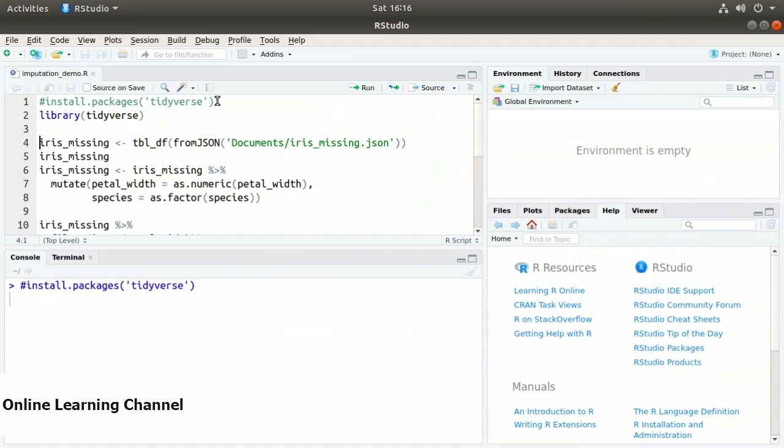to this video. Now in line 4, I create a dataset, a data frame called iris_missing, and I assign that to the function tbl_df. So this converts from an R data frame to a dplyr tibble that we have from the Tidyverse library. And then I'm using the fromJSON function to load this JSON dataset. So the dataset is in document/iris_missing.json. So in this version of the iris dataset, we're working with data that's missing some petal width measurements, a